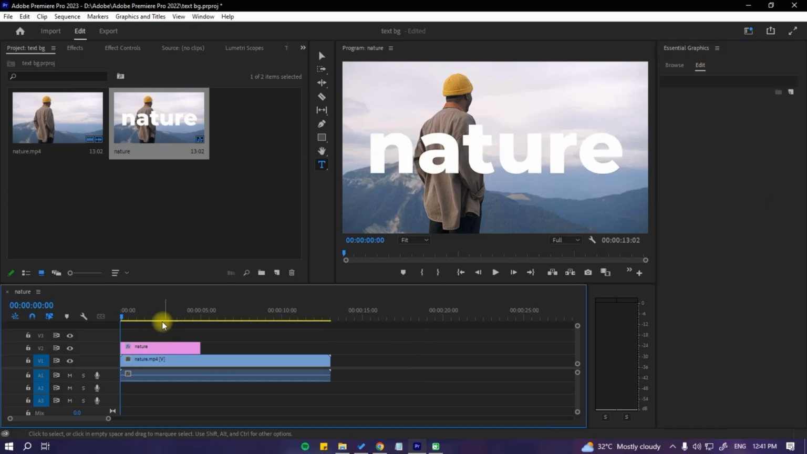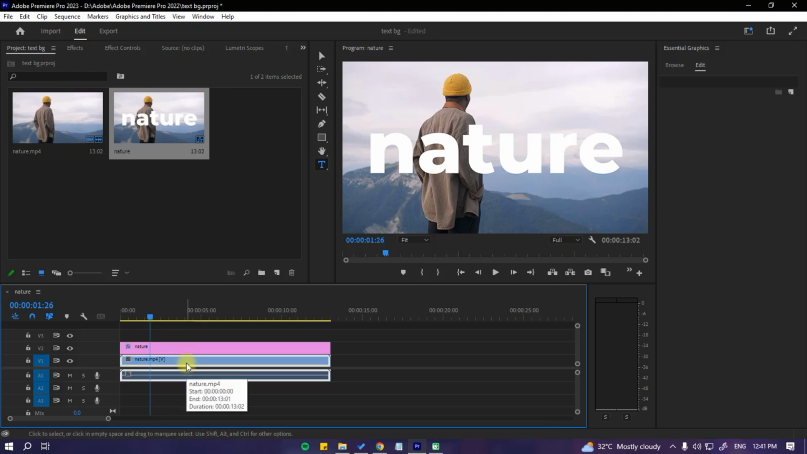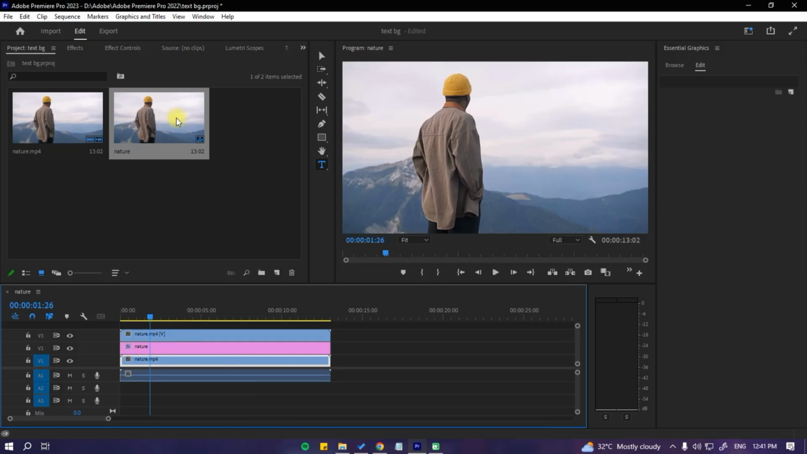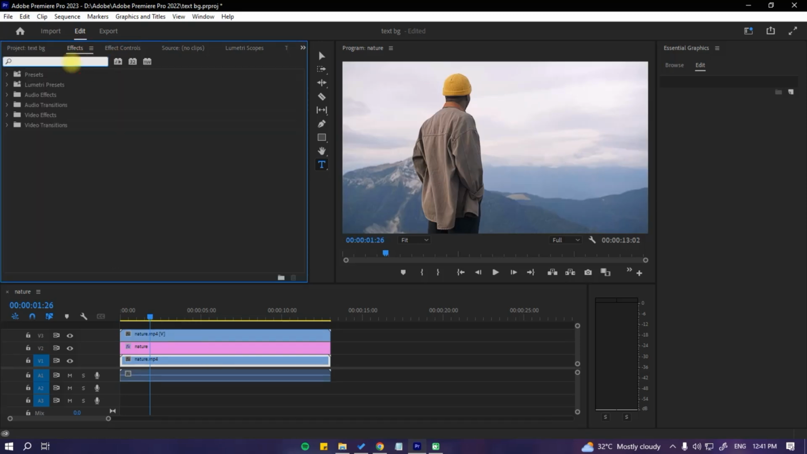And now we are going to adjust the text layer duration within the timeline to match our video. And once you have done that, let us duplicate the video layer by holding Alt and dragging it at the top of your text. Now let's go to Effects and search for Color Key and drag it to the video